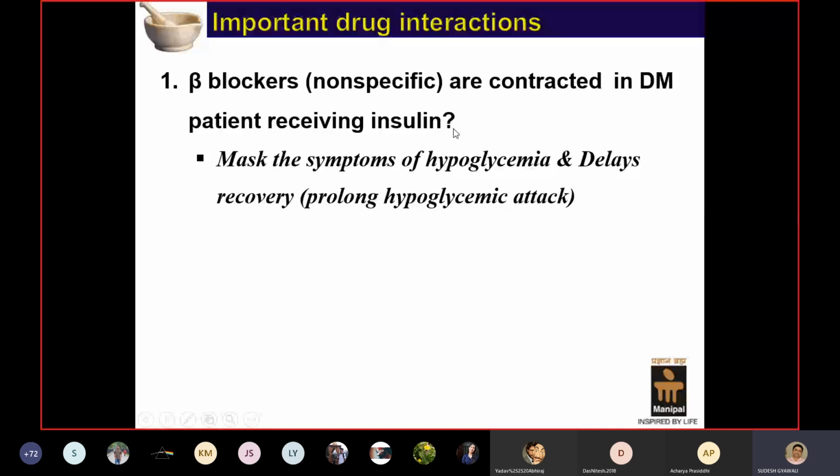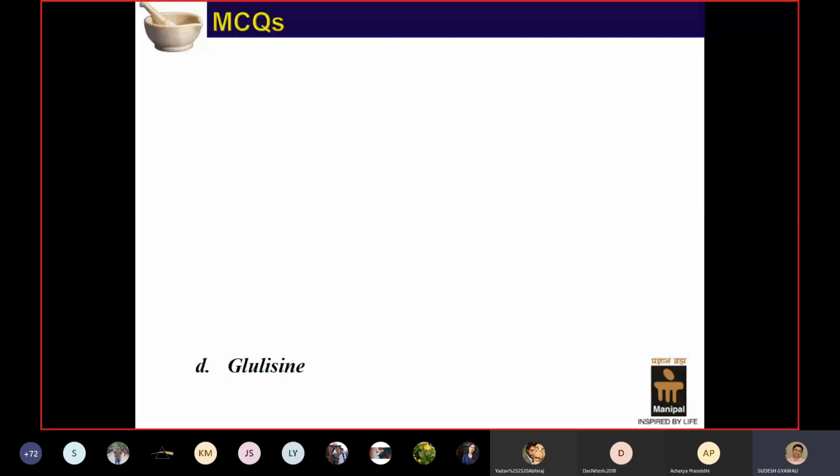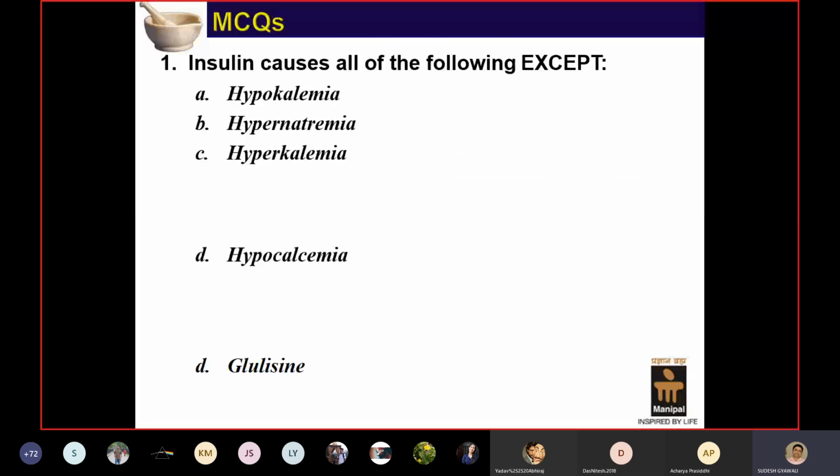So generally in a diabetes mellitus patient receiving insulin, we have to try to avoid the beta blocker, and if there is no other option and there is a compelling reason to give a beta blocker, then you have to choose a cardioselective one. Okay, got it? So this is what we discussed in last class, and in last class I gave you this MCQ. Okay,